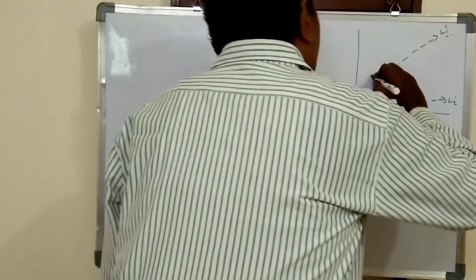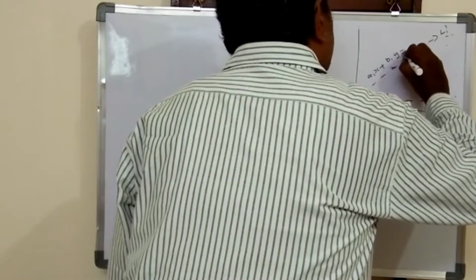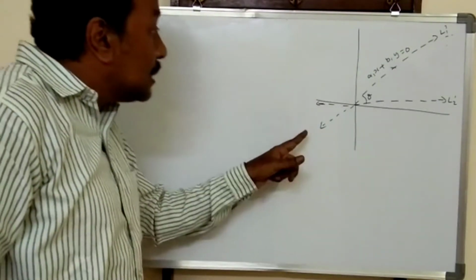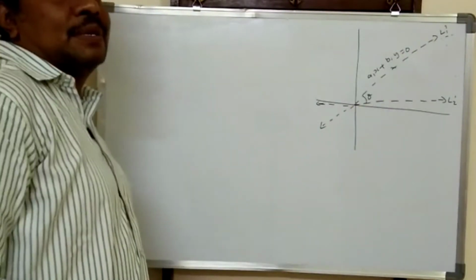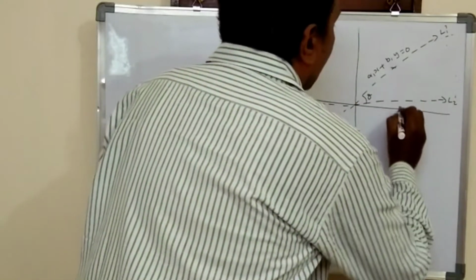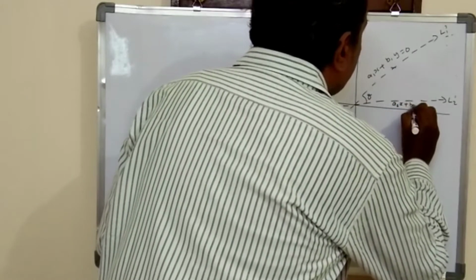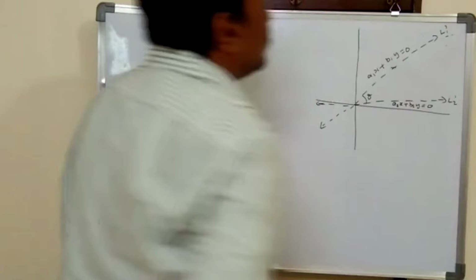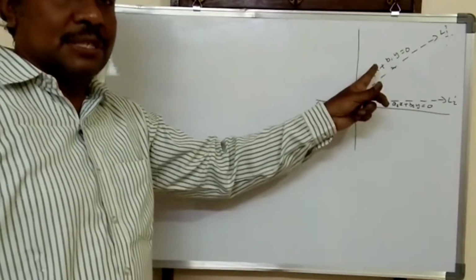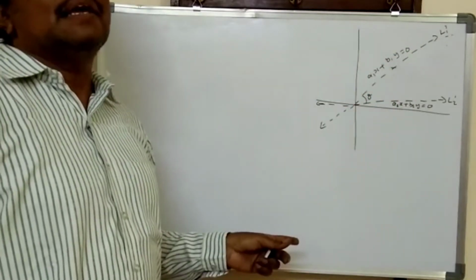The equation of this line L1 dash is a1x plus b1y is equal to 0. Here the constant is missing. Why? Because the line is passing through the origin, so the constant is missing. The equation of this line L2 dash is a2x plus b2y is equal to 0. So these are the duplicate line equations for the original lines.